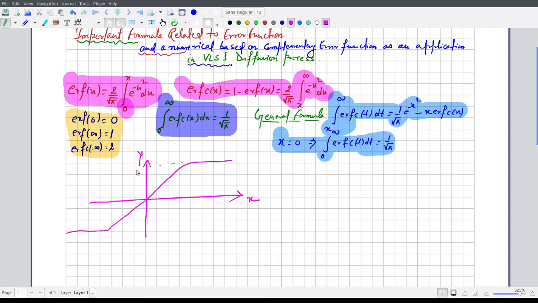Okay, it should be 1, it should be minus 1. So this one is the graph of y equals erf of x. This one is the graph of an error function. Now if we have to plot the graph of the complementary error function,